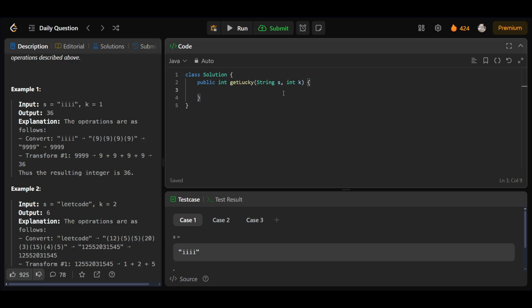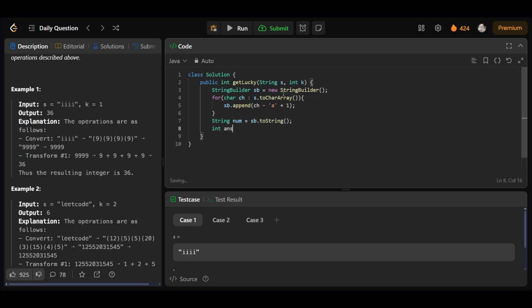Okay, so firstly let's form the number by using a string builder. Let's call it initially sb equal to new StringBuilder, because the operations will be fast. So now let's do for char ch in s dot toCharArray. What we'll be doing is sb dot append ch minus 'a' plus 1, because we need it according to one-based indexing. Now after that we need to convert it into a string. Let's say num will be equal to sb dot toString initially,